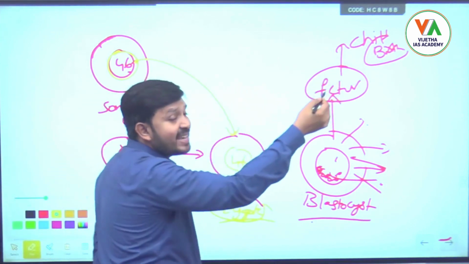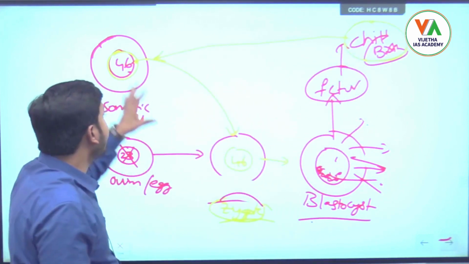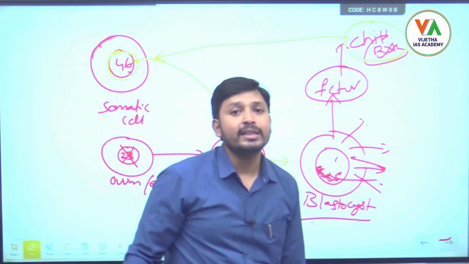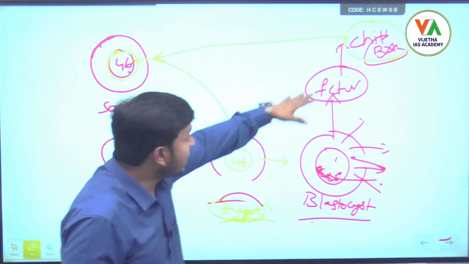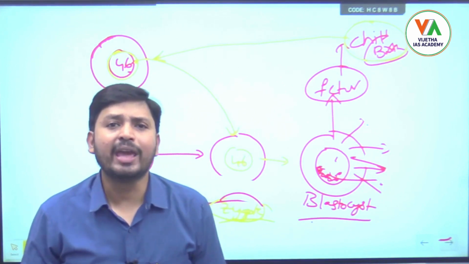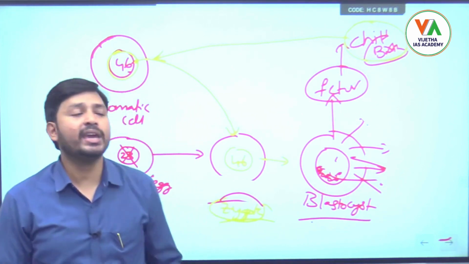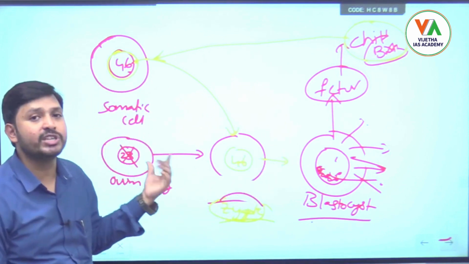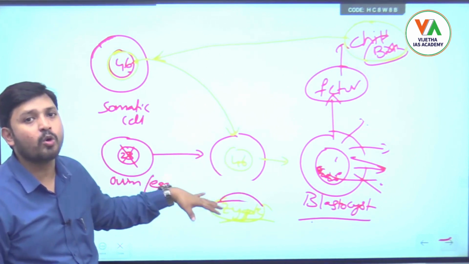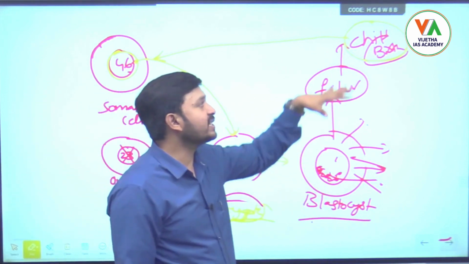So if I take any cell of this child, it has the same chromosomes, meaning genetically both this skin cell and the child born from this are similar. So whatever child grows with time, it will look almost similar. But intelligence and all these things depend on environment also, because genetics and environment both play a major role in intelligence. But genetically, these two persons will have the same genes, because I have taken all the chromosomes from a single person, and after inserting them into the ovum, this is formed into a zygote, blastocyst, fetus, and finally childbirth, right?